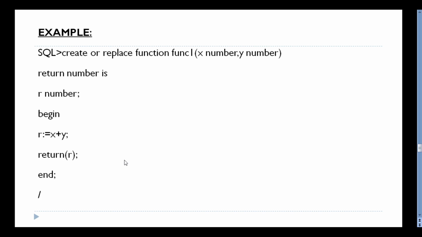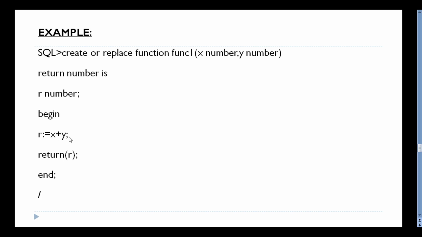For the same example, I create the function: CREATE OR REPLACE FUNCTION f1 (x NUMBER, y NUMBER). There are two parameters, RETURN NUMBER. So what is the data type of the return value? Number. IS r NUMBER, BEGIN r := x + y. I just want to perform addition of two numbers, x plus y.